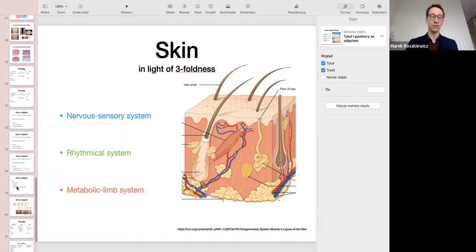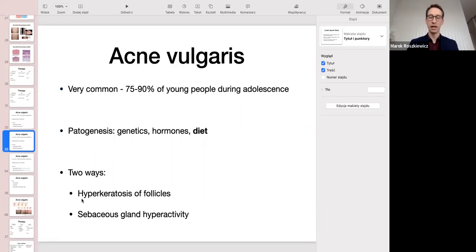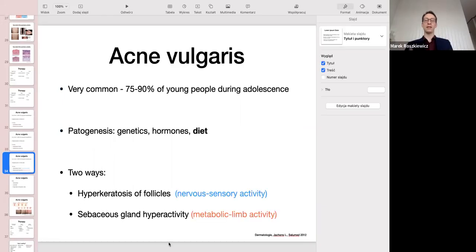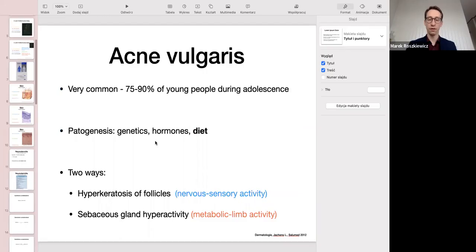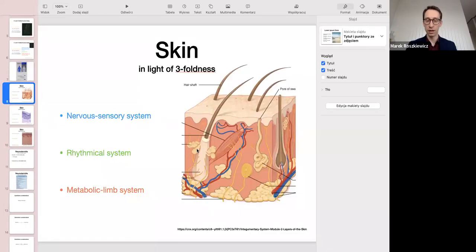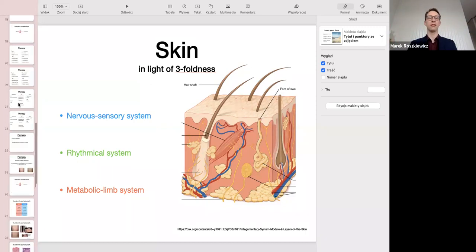And it is, I would say, this forming activity. So hyperkeratosis is this forming nervous sensory activity, and sebaceous gland hyperactivity. So this part of the follicle here creates too much substance. And when we have closed our skin by the nervous sensory activity, and we still have this building up activity, then it can, I would say, grow